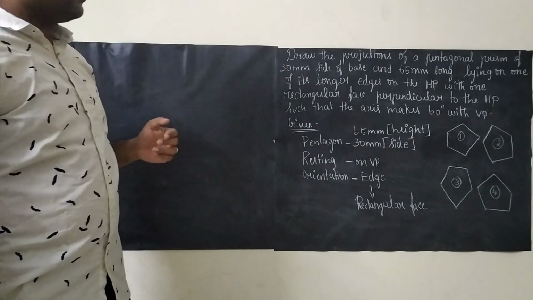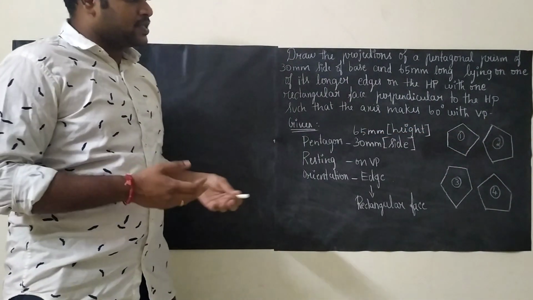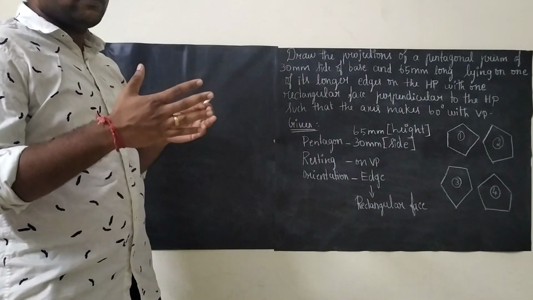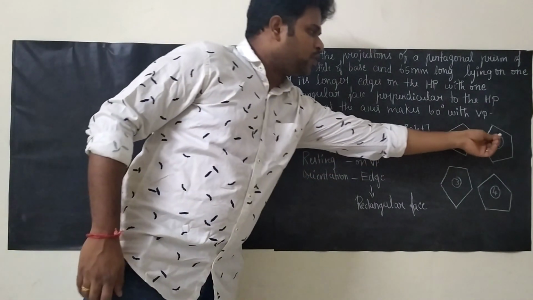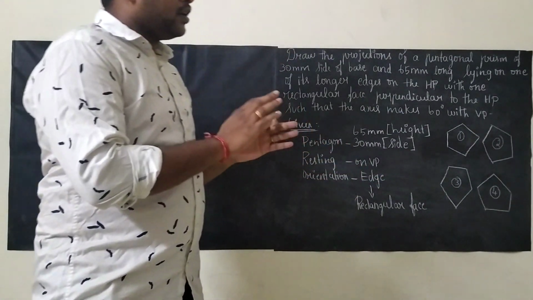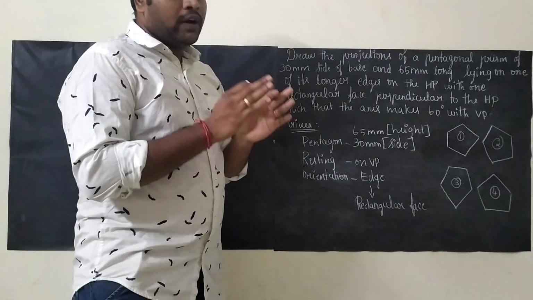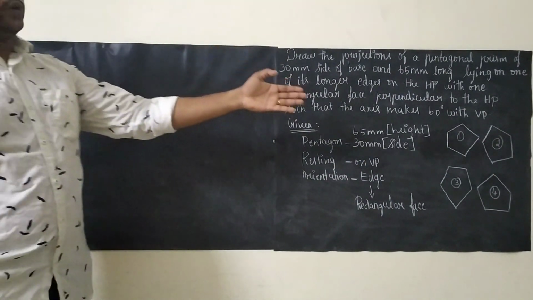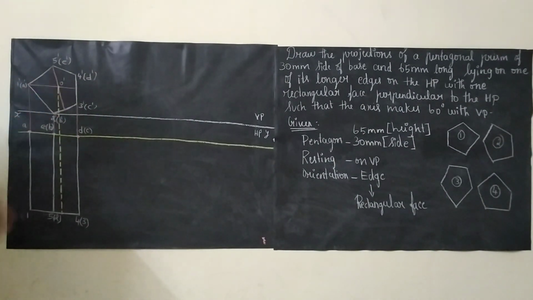The reason for going for the second diagram is, see here, since it is a pentagonal prism, in the front portion we will have 5 edges and the back portion will have 5 edges. So here only we will get the rectangular face. Right now you may be confused, but when I draw the diagram you will understand clearly. So we are going to draw the basic diagram as a pentagon, go with type 2 and solve the problem. Now we are just going to draw the basic diagram.